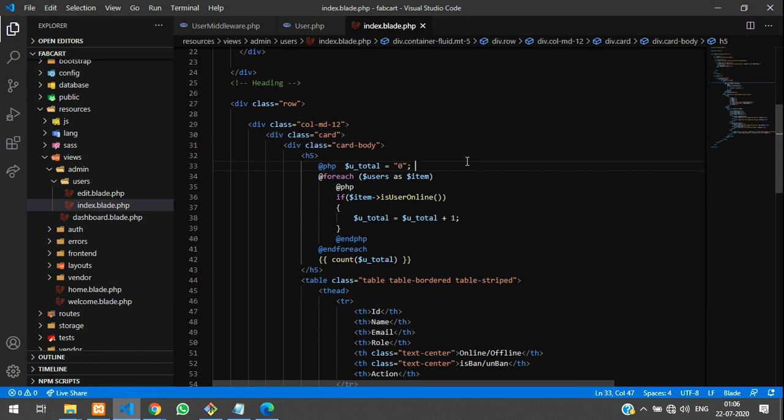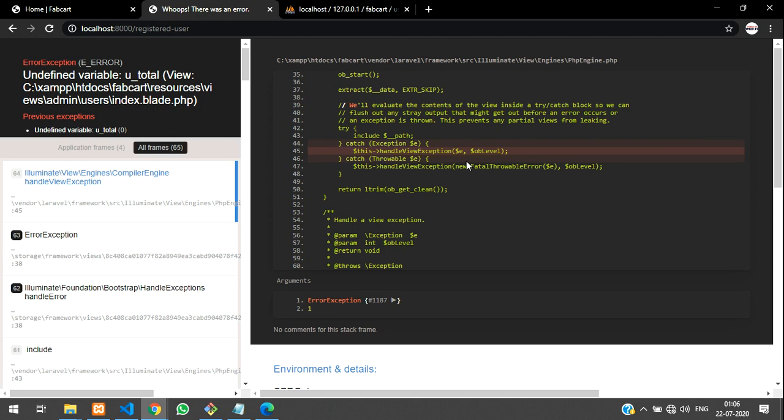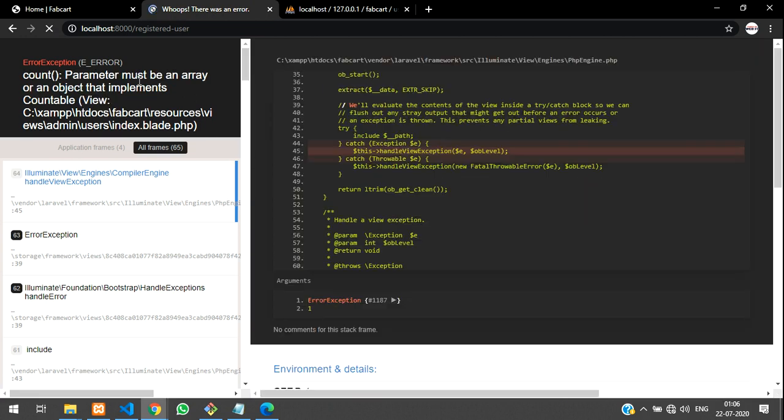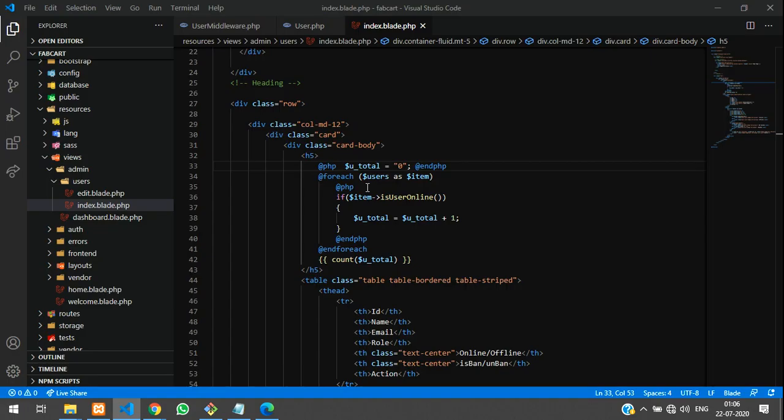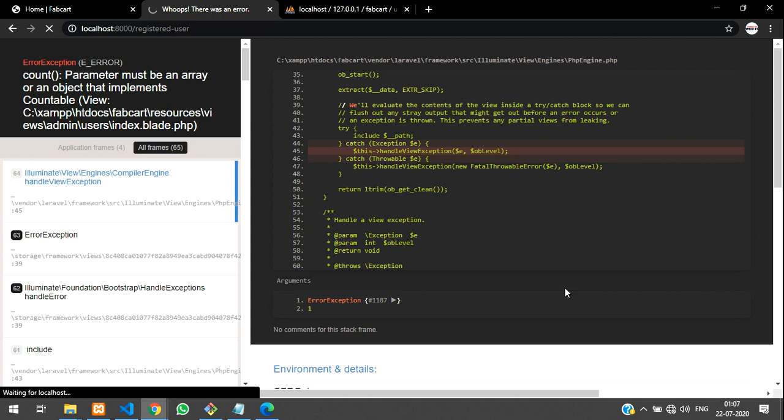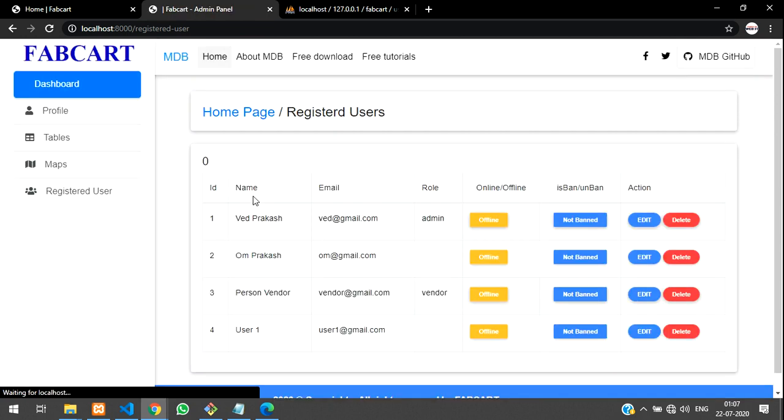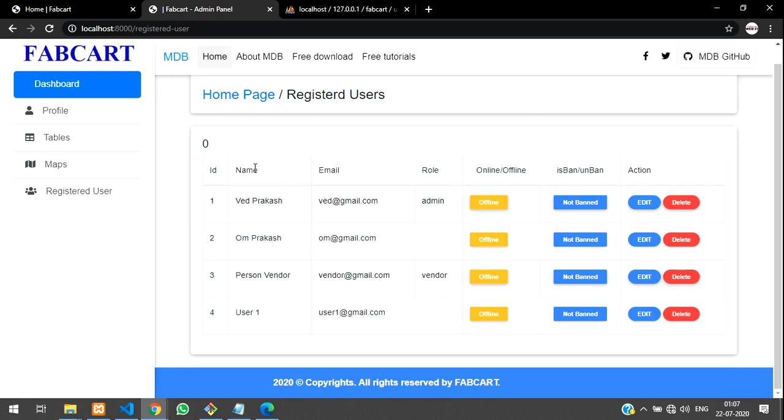Let's reload. Count parameter must be an array object. So for that we'll try to remove it. Okay, so 0 is online now.